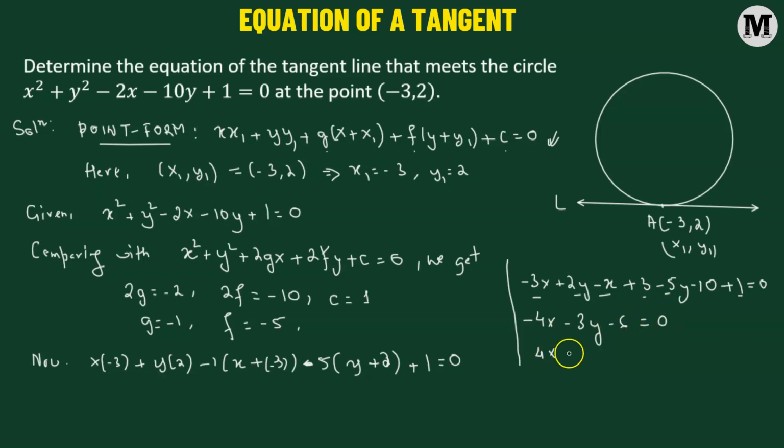Multiplying throughout by -1, we get 4x plus 3y plus 6 equals 0. And this is the required equation of the tangent line, which is tangent to the circle at the point -3,